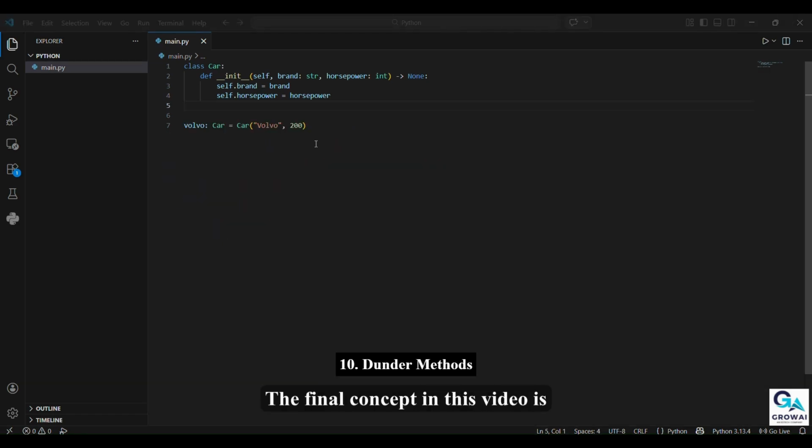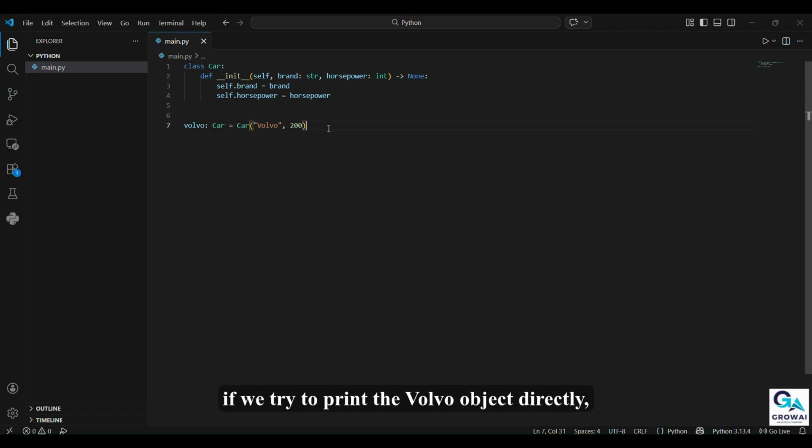The final concept in this video is dunder methods. We will continue using our Volvo car object for this example. Right now, if we try to print the Volvo